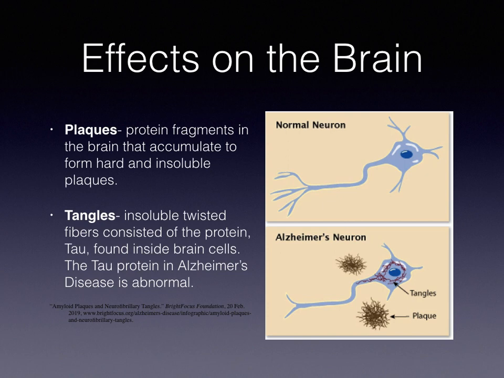Tangles. Tau proteins play a part in a neuron's internal support and transport system to carry nutrients and other essential materials. In Alzheimer's disease, tau proteins change shape and organize themselves into structures called neurofibrillary tangles. These tangles disrupt the transport system and are toxic to cells. As you can see on the right, the picture shows what a normal